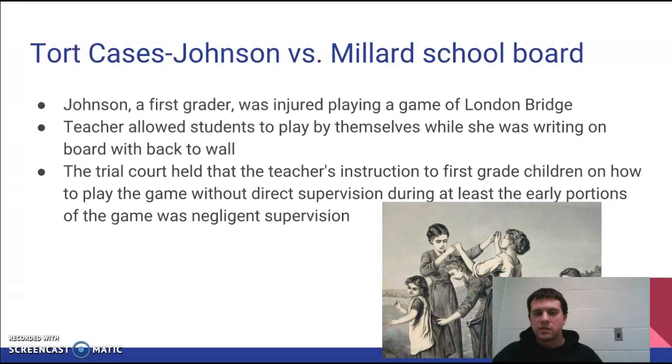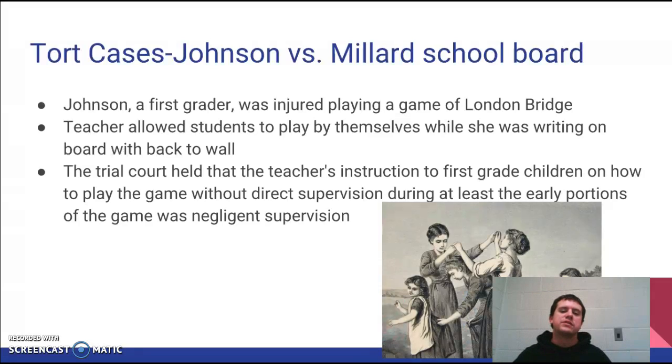During the game, Johnson was hurt. She swung too hard, fell back into a bookcase, cutting her head above the right eyebrow. She required 50 stitches to close the cut above the eye. The cut extended to the bone and severed the muscle throughout its length. She suffered blurred vision for a short period of time and continued to have headaches for a period of time. When the accident occurred, the teacher had her back to the class and was writing on the board.